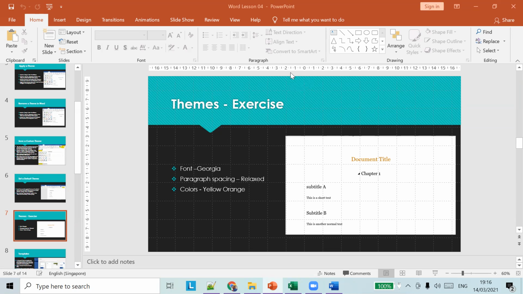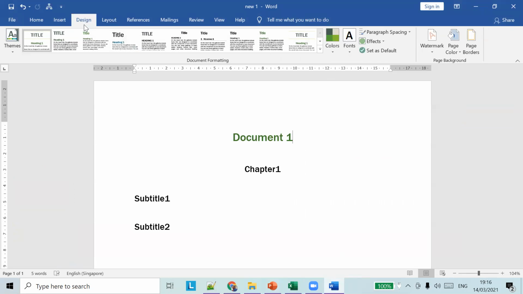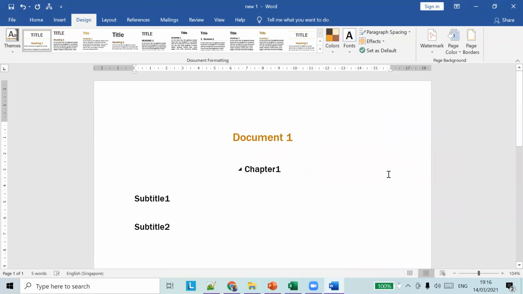Go to Design. There is an option for colors. Under colors, you have to choose. I asked you to choose yellow orange, so yellow orange is here. You choose yellow orange, and you choose a particular font.